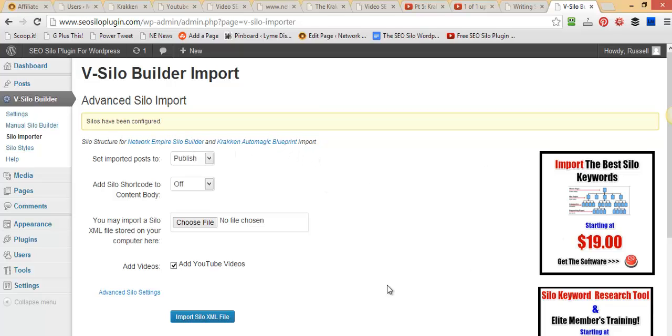We have some over here as well. Not trying to advertise. I just want to make it clear that you guys know that these are not the same application. One is Krakken and one is Network Empire, and there's various ways. One is for customizing your own metrics for real hardcore affiliate business or regular business, and this is about automatically generating the best keyword tool. This is not a keyword tool. This is a